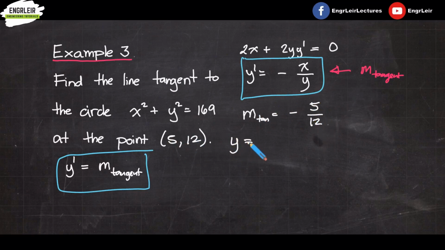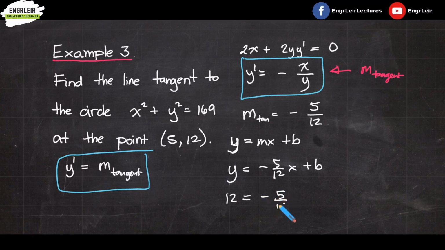The equation of a line would be y is equal to mx plus b. So, in other words, y is equal to negative 5 over 12 x plus b. And we know that at that point, y is 12. So, we substitute it: 12 equals negative 5 over 12 x plus b. Wait, the x too, let's substitute as well. I forgot. So, this is times 5 plus b. Okay. So now, our b would be 144 plus 25,